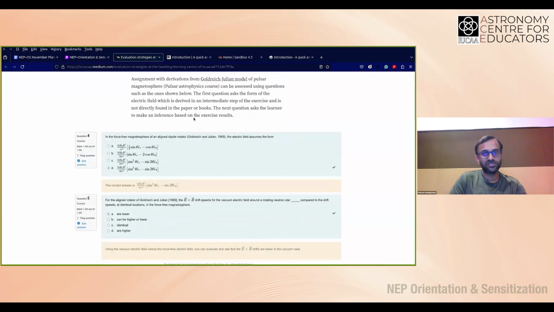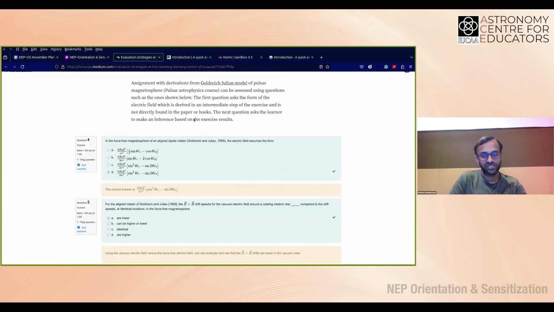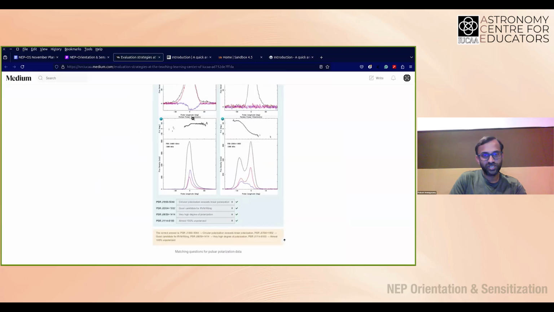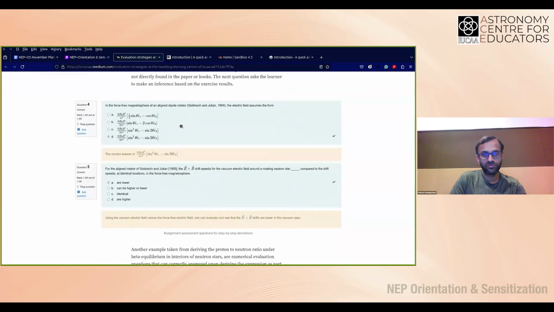So the idea would be, there would be questions, there would be a detailed assignment, but all these questions will be based, assuming that they have gotten the right answer over there. And even then, some of the questions will be just the right answers they have gotten, and some of the questions will be inference based on how they did the assignment. So this will be automatically graded because it's objectively tested.